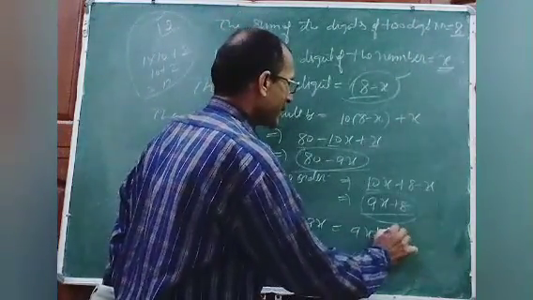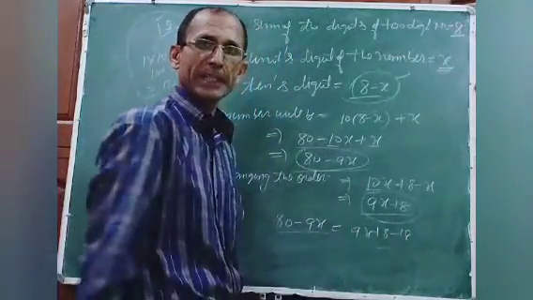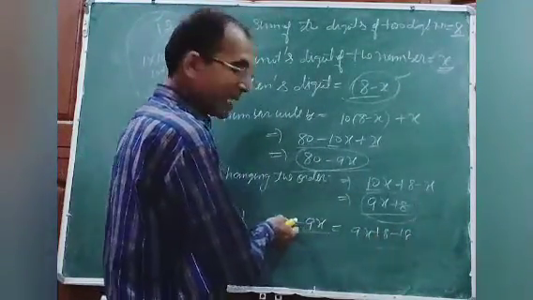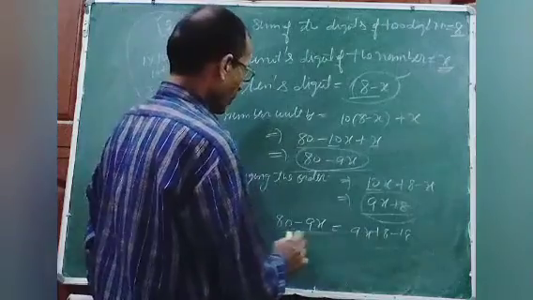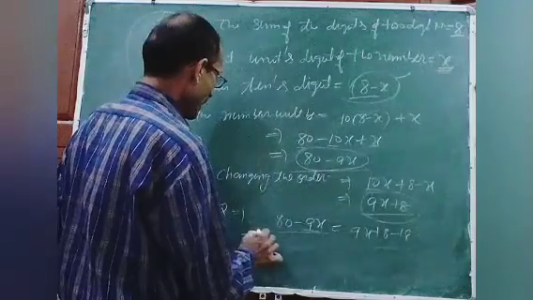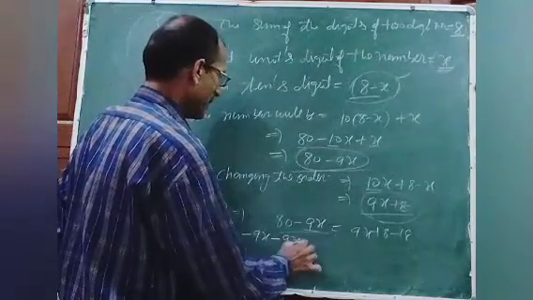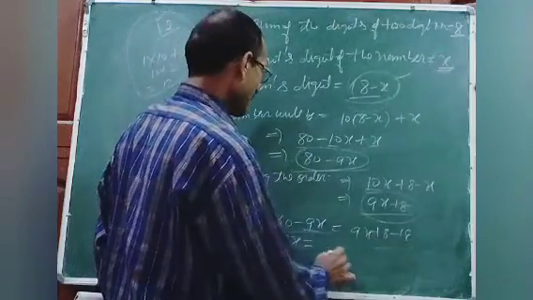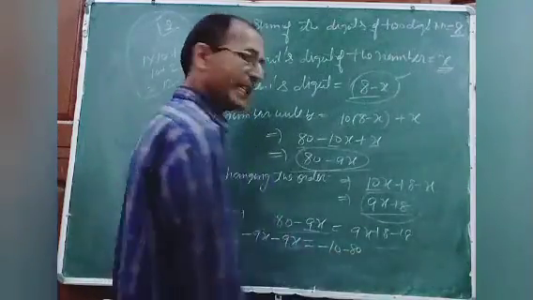If I subtract 18 from this, then both will be equal because it increased by 18. New number was increased by 18. I subtracted 18 from this, or you can add 18 to the other side to make them equal. So now like terms: minus 9x is already here. This 9x I will bring to this side. When I change the side, sign will be changed. So it becomes minus 9x. 8 minus 18 is minus 10. And when I shift 80 to that side, it becomes minus 80.